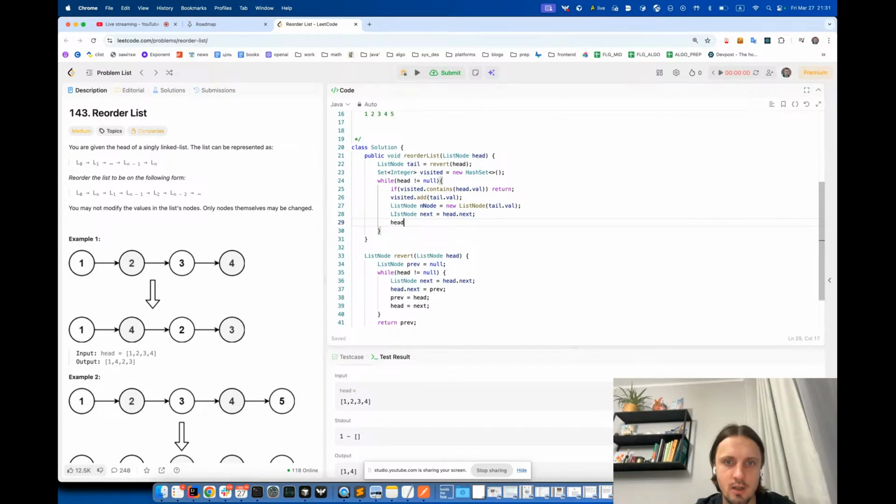Then we should do head next is equal to new node,